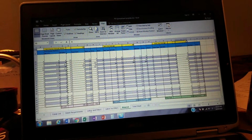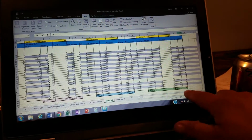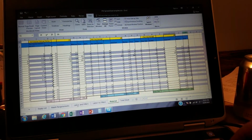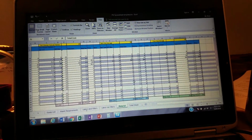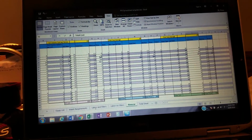Same thing. Let's say our filters are $10 on average. Higher quality filter. We'll go there. See, we're at $297. We increase it $4. It's going to go up almost 40%. So we'll enter that to $495. All right. So now, if you've got some specialty belts or some specialty filters, or you're using some different